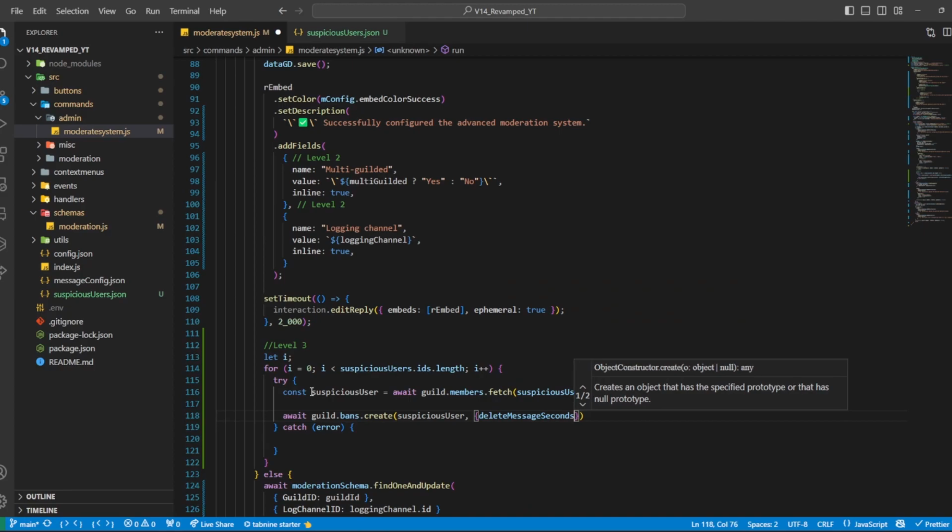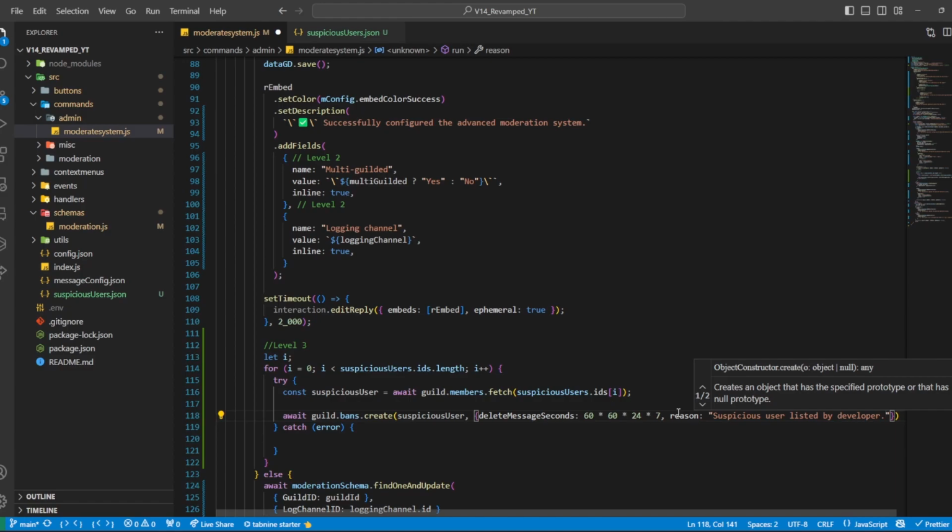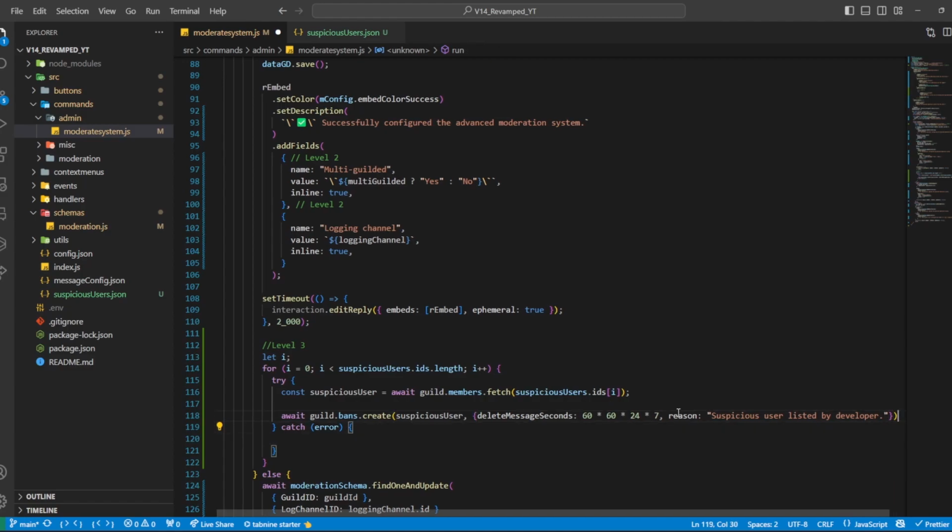And we will add delete message seconds, which is optional, but it will delete the messages of the user that's being banned. For, I think this is a week. And we will also give a reason, which is suspicious user listed by developer. And then